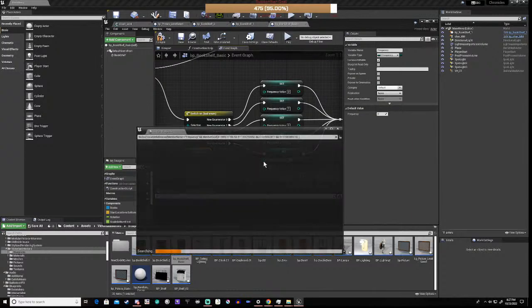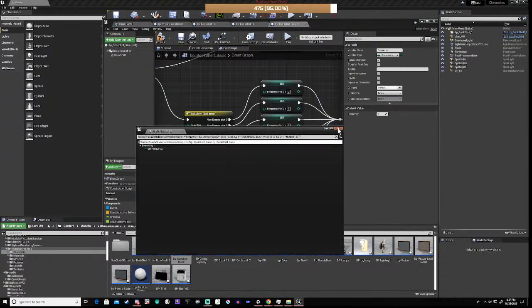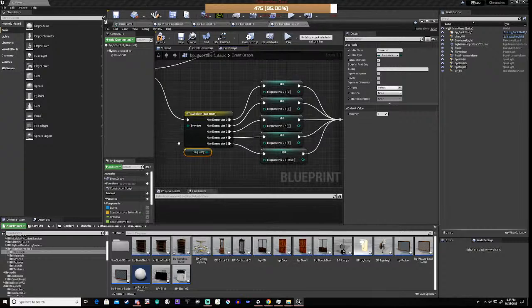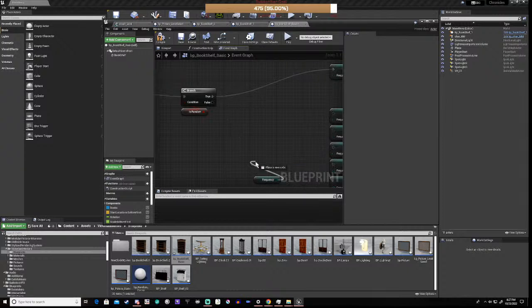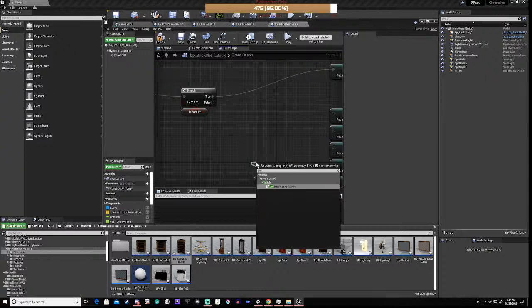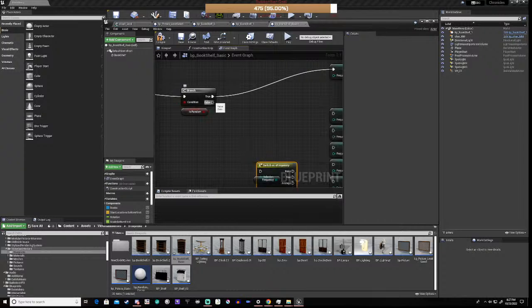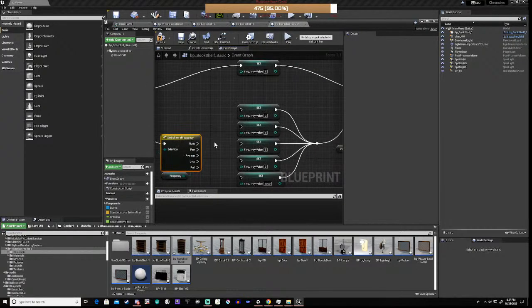Okay, and you'll notice that that says bad enum, and that's because we've still got the wrong reference. So if we just refresh this and bring it in, drag this up, plug these in,